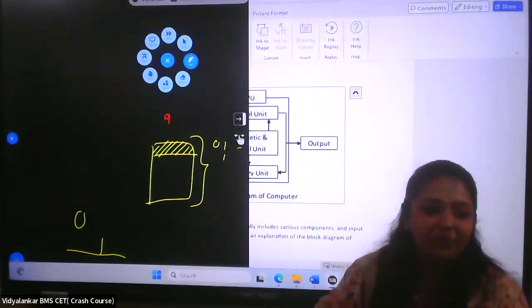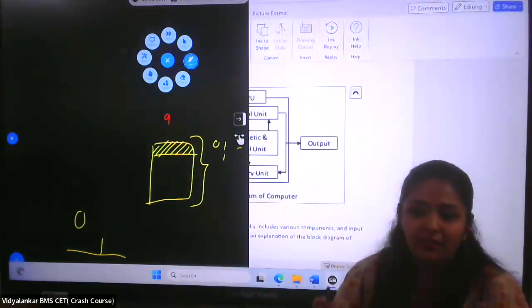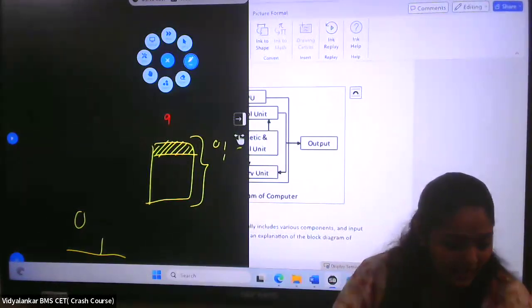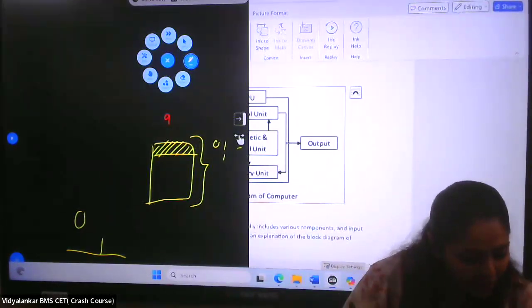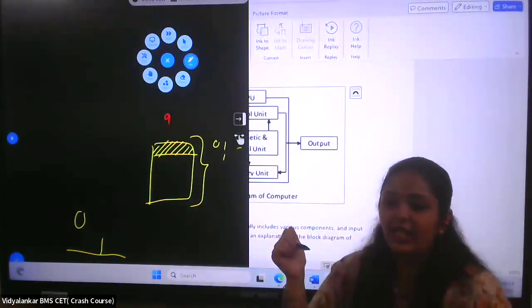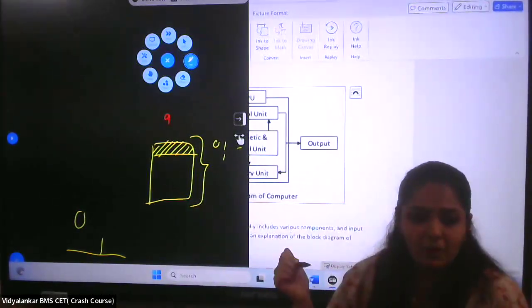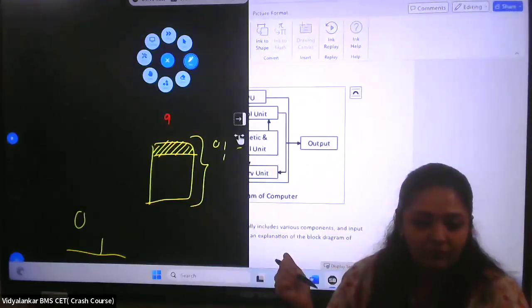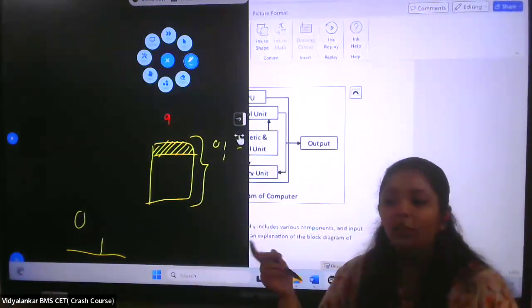रैम के टाइप्स SRAM एंड DRAM. एंड ROM के टाइप्स PROM, EPROM and EEPROM. Yes, Yashika, right, dynamic. Okay, so for secondary we'll write hard disk. Secondary memory is a hard disk. Okay, secondary memory hard disk, and then you can write the types.